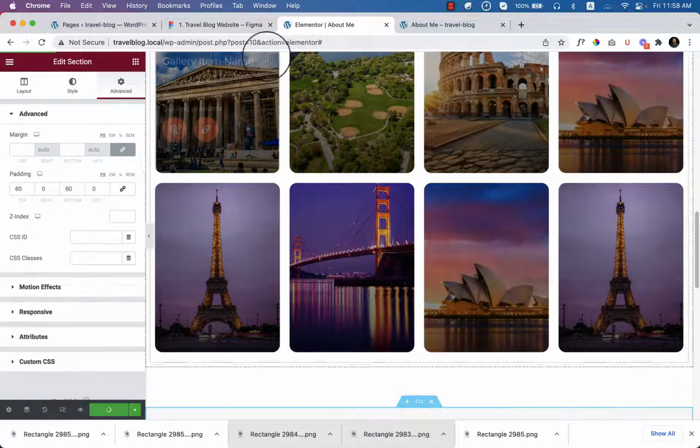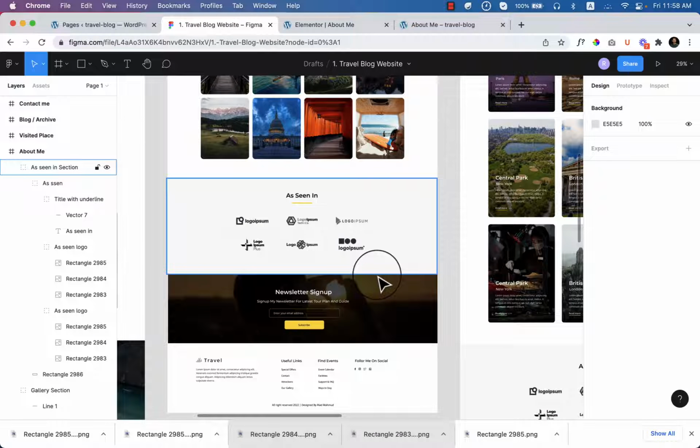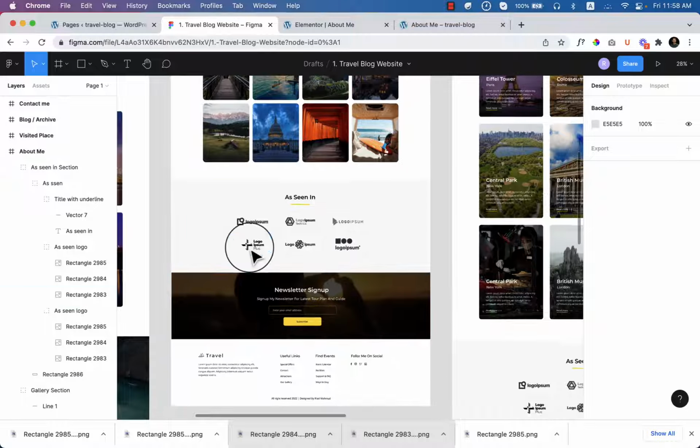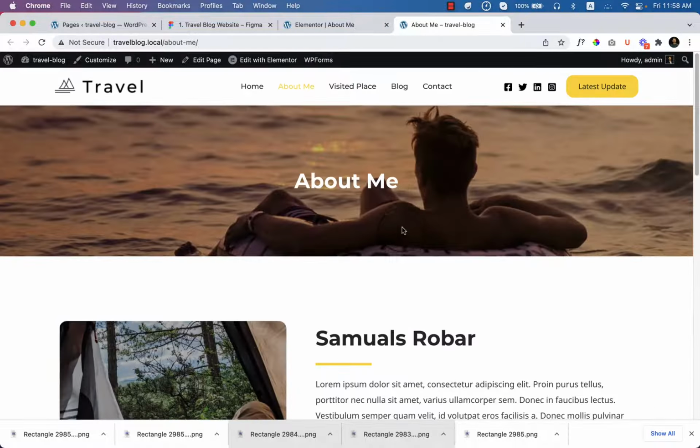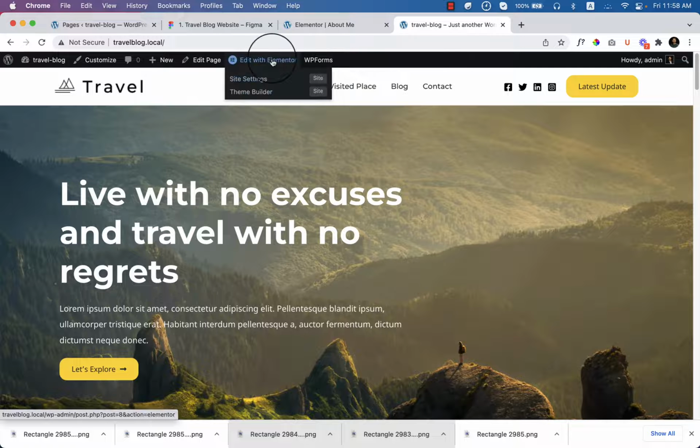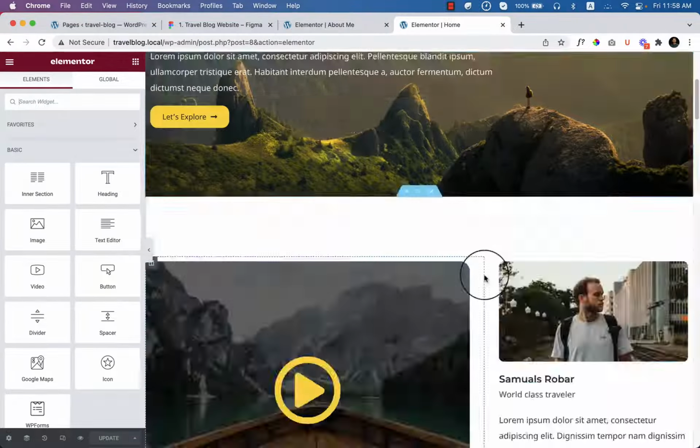So there is another section which is newsletter sign up section, and we have already created this section. Now I'm going to export and import this section from home page. Let's go back to our home page and open this page in Elementor. I'm gonna close this one here. Scroll down,